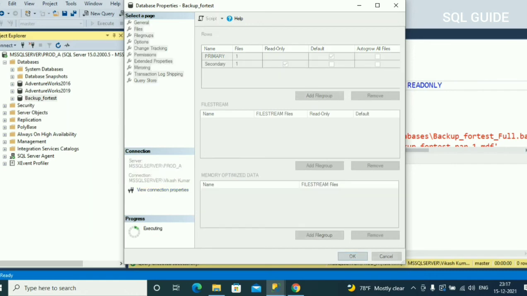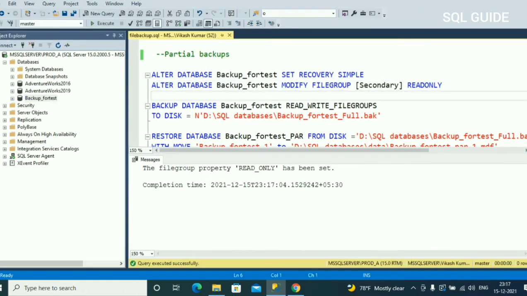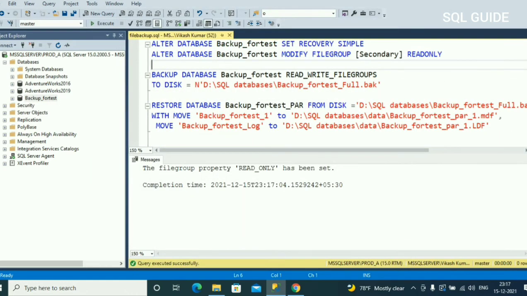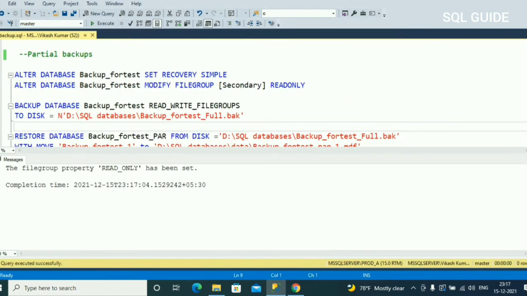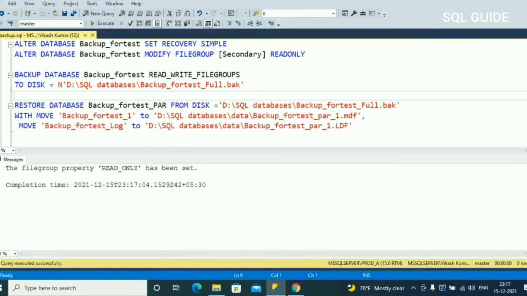Okay, now I am going to take a partial backup of a database. Let's run.